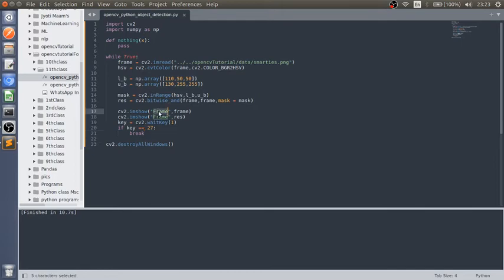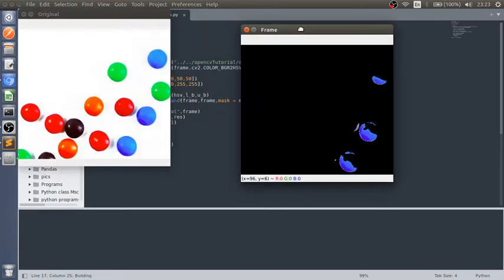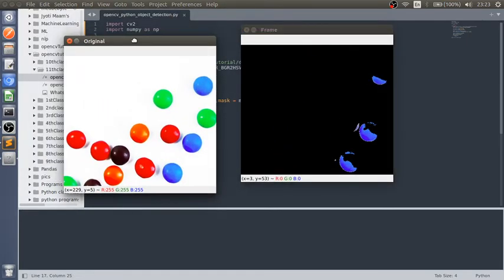Okay, we have defined the same name. That's the issue. Now you can see that because I know the upper and lower HSV colors of the blue balls, we have detected the blue balls.